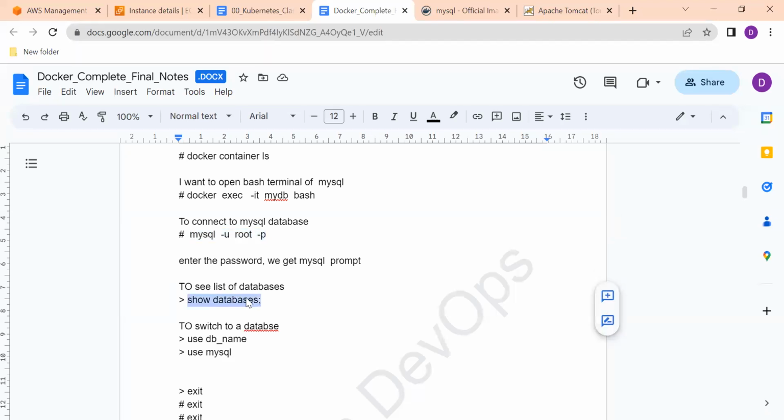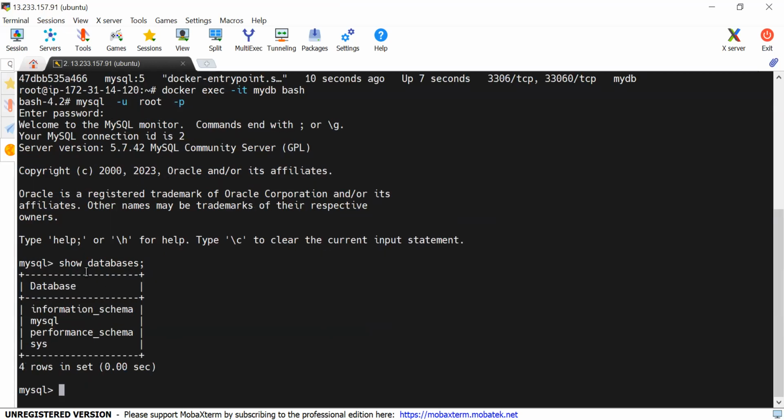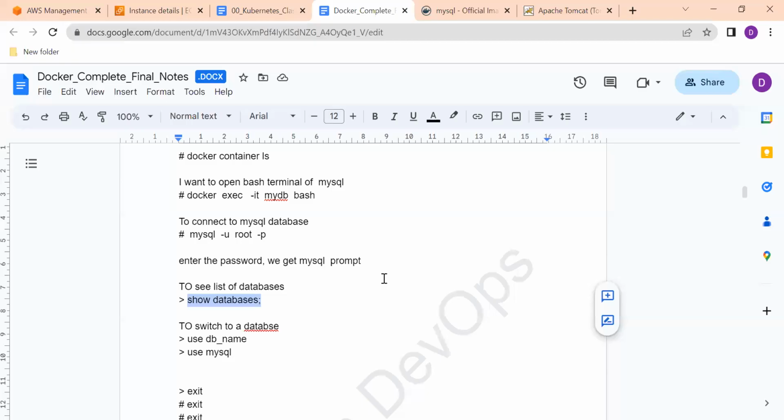Now I want to get the list of all the databases in this. So for that, the show databases command is there. So these are the databases that are already there in the MySQL database, which is the default one. And you can do anything that you want to do with the database. You can create schemas, tables, and you can run any database related query. So this is how to launch the MySQL database using a container. How quickly it is launched. Same thing, if you want to run PostgreSQL also,